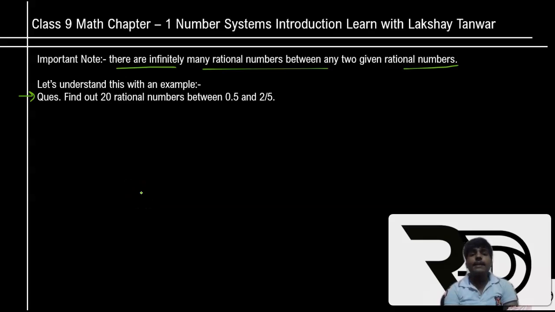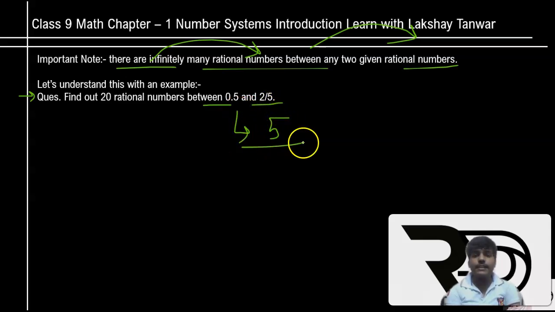Alright, so the statement reads: there are infinitely many rational numbers between any two given rational numbers, and we can understand this topic with the help of this given example: find 20 rational numbers between the given two numbers. So the first thing we are supposed to do is check whether 0.5 and 2/5 are rational numbers or not. First, 0.5 can be depicted in the form 5 divided by 10,